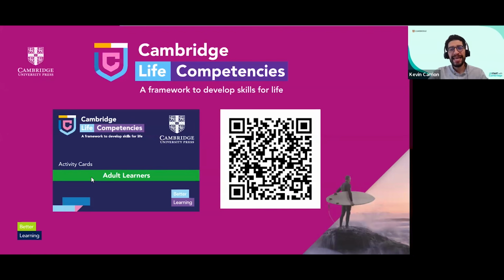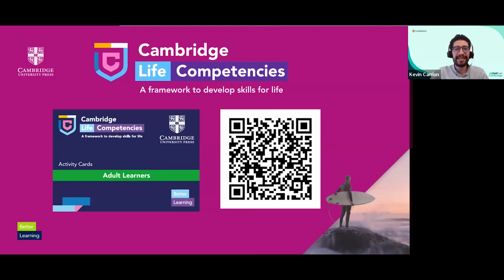In this series of Empower Second Edition, one of the main pillars is Cambridge Life Competencies. So we can actually use some of these activities that you will find in this PDF. You are going to be able to apply them in your lessons on a regular basis.